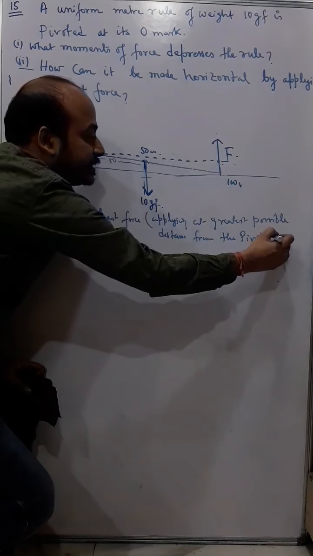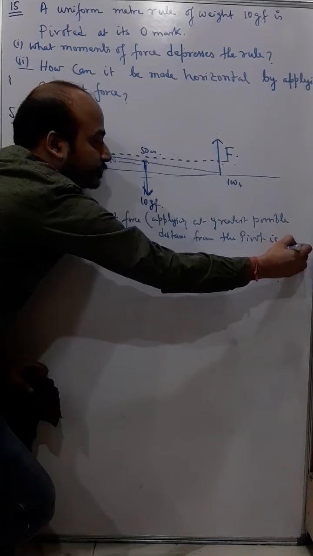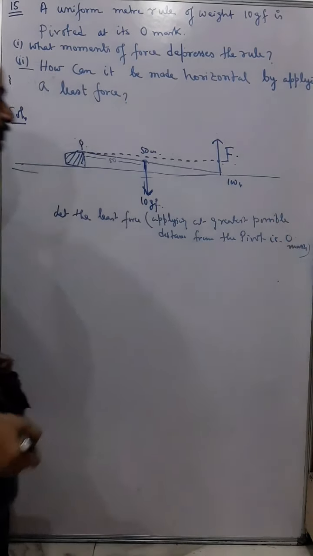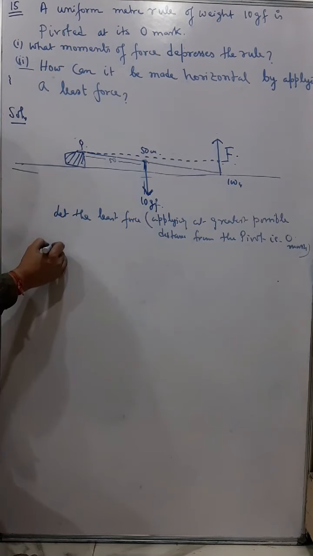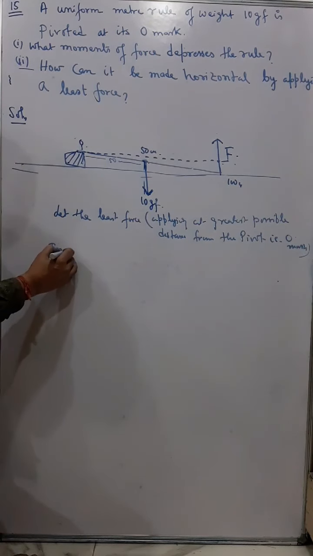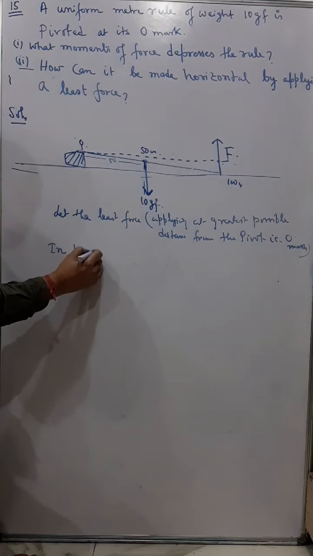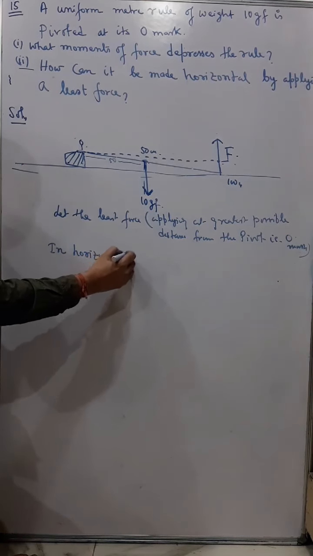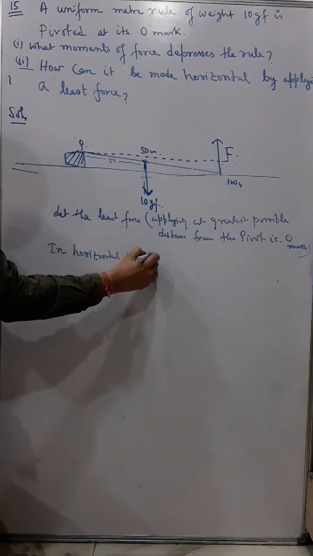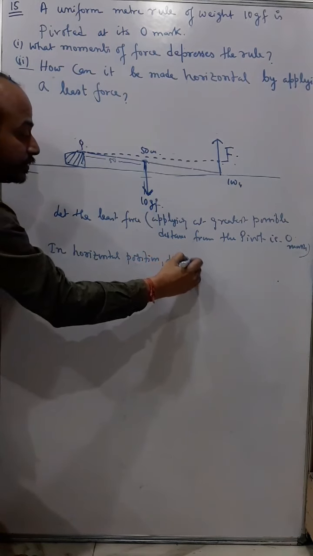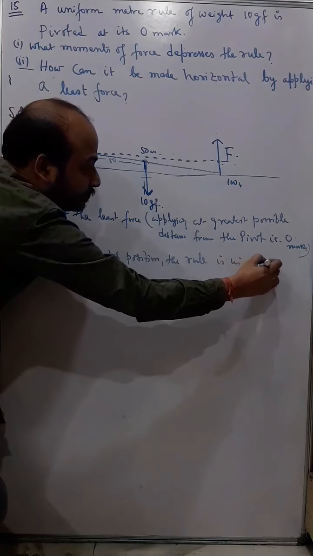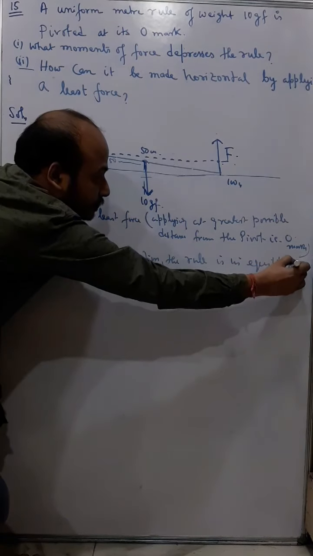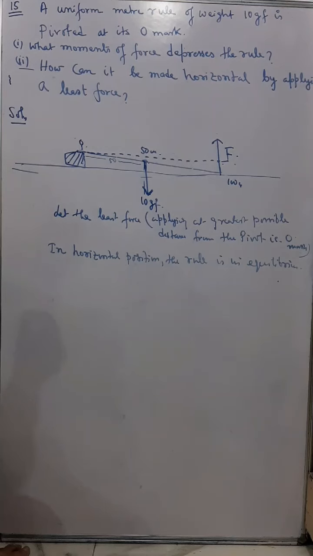Pivot, that is 0 mark. Now you can see that since in horizontal position the rule is in equilibrium, so in that case we can say